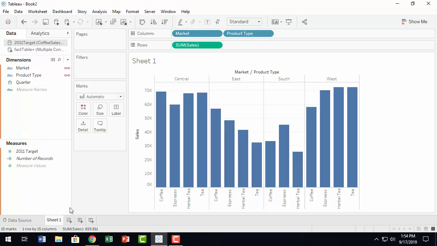But we have to go here, and you see that market and product type, they are already there, already linked. Remember, the target is for a particular product type in a particular market for a particular quarter. So right now, in this visualization, quarter doesn't come into play. So you really don't need to link by quarter. Okay. So now we have